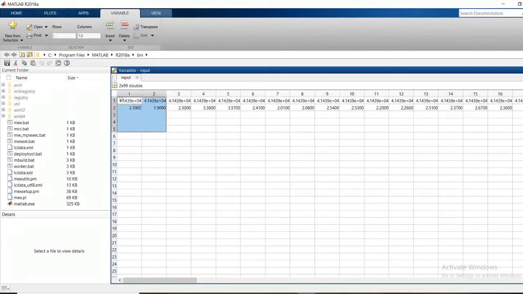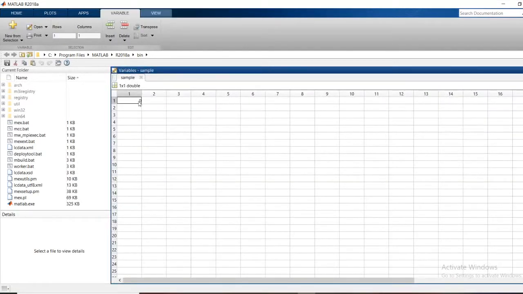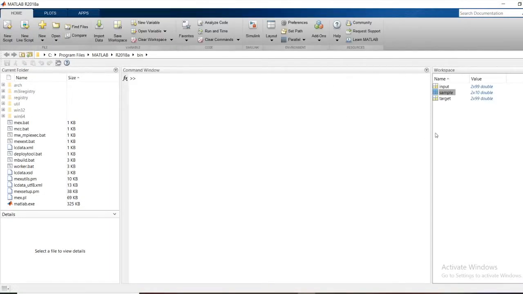I will select columns 1 to 10. Control C, cancel it, and paste it in the sample variable, named rate. Now again cancel this. Now all the data we want to predict has been imported into the workspace.